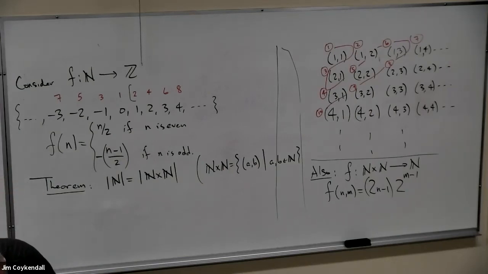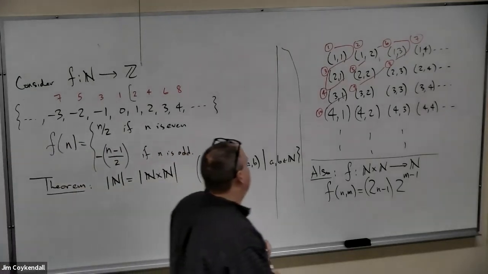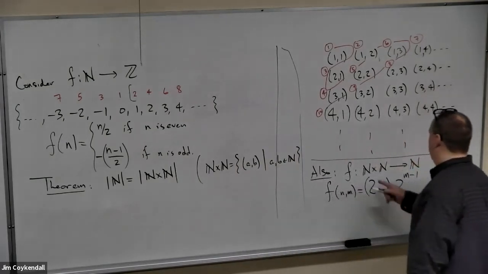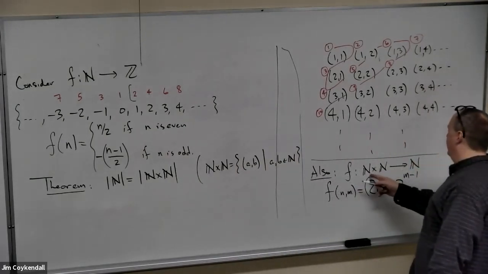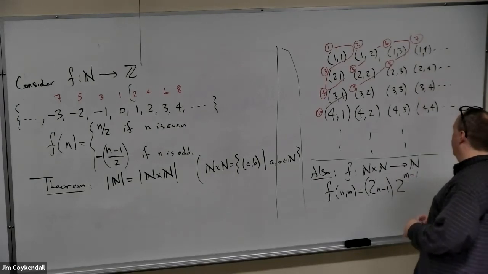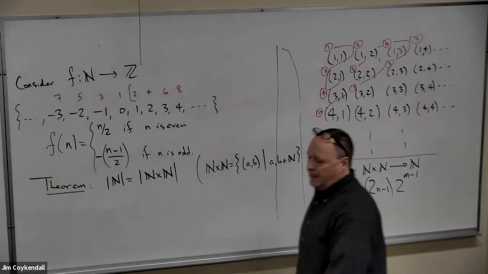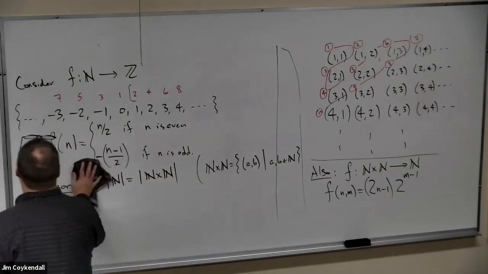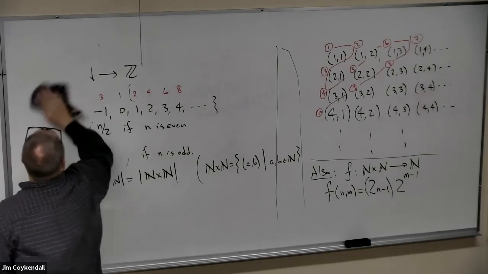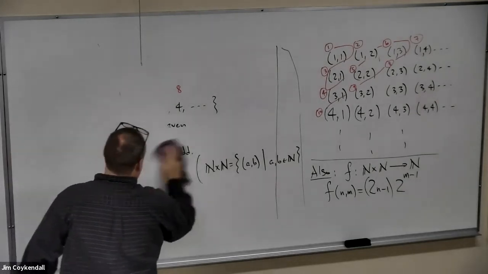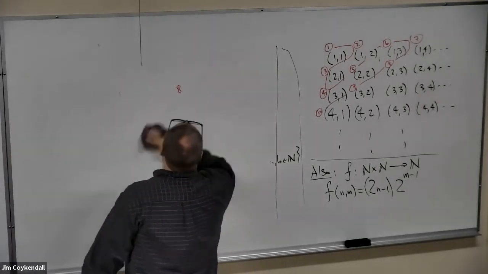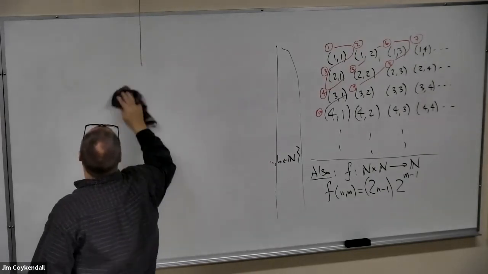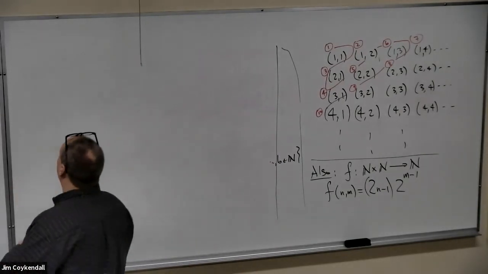Okay. Any questions? So actually, this shows that pairs of natural numbers are the same thing as the natural numbers, and since the natural numbers are the same size as the integers, here's what we have so far, which is kind of interesting. It's a little bit counterintuitive until you get used to it. But what we have so far is